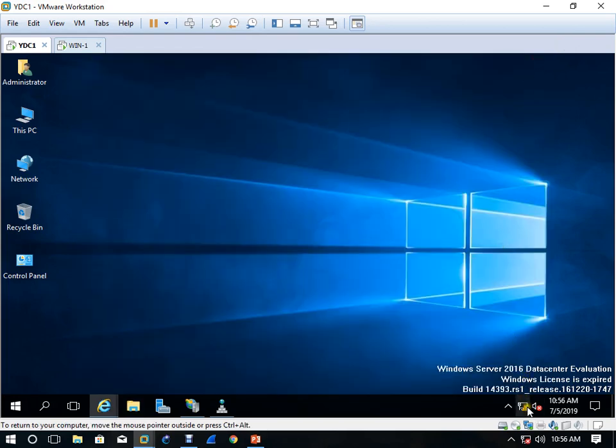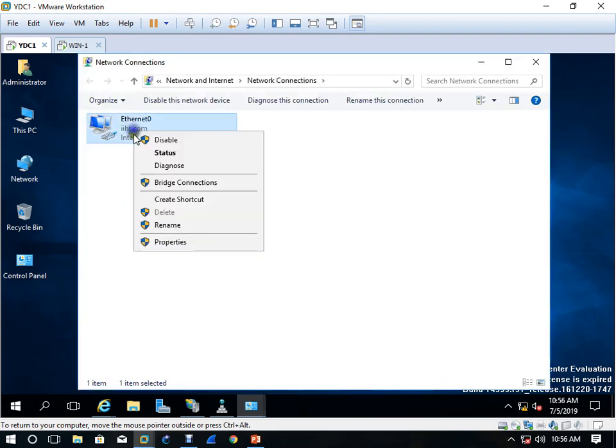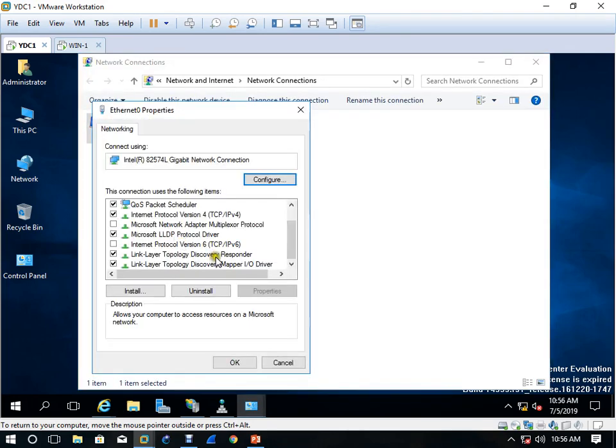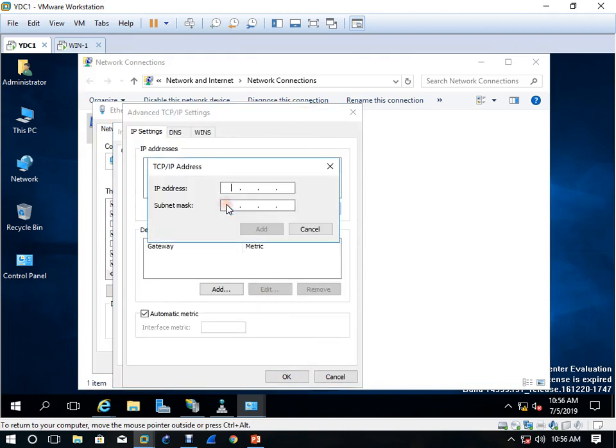What is the first process? You come here, first you have to add the IP address. Advanced, 192.168.10.20. It's not necessary that you use only the same range. You can use any pool, because maybe the public IP address for one website is different from another website.